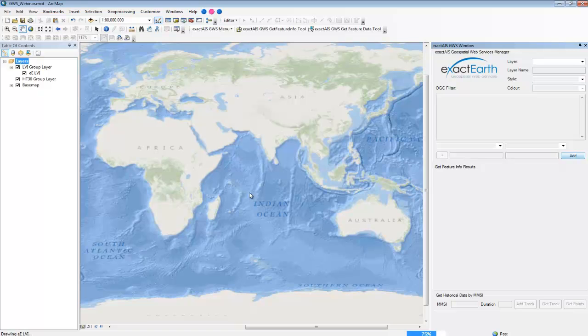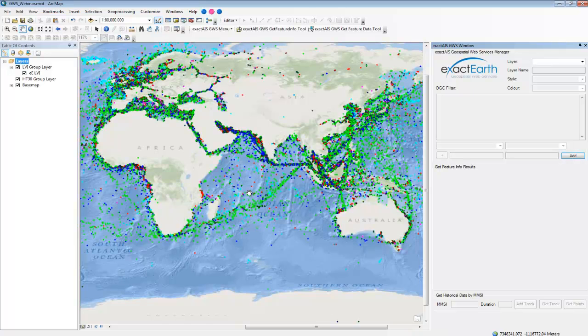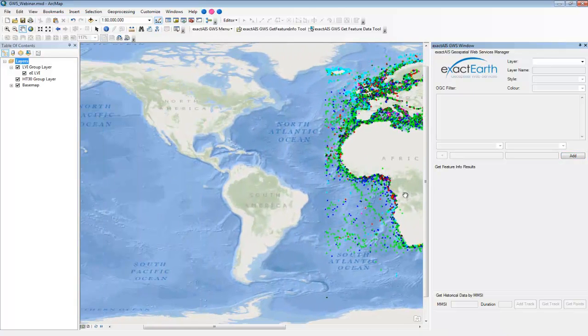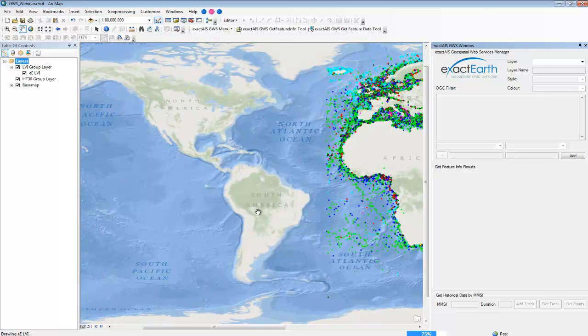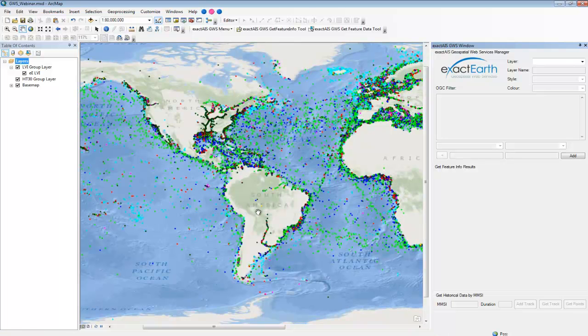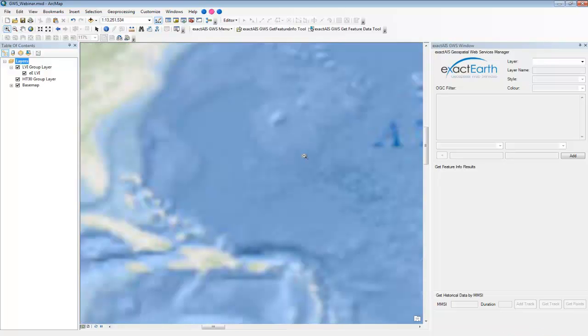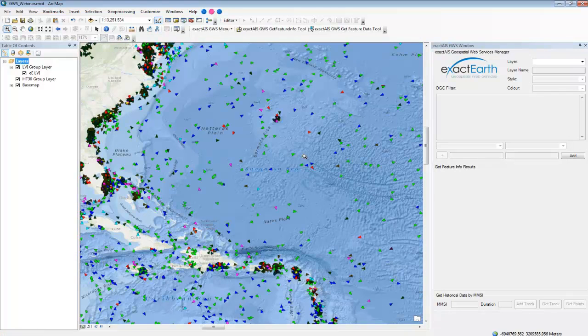As we're at a global extent right now, this is going to basically fill the map with all of our positions, and any pan or any movement that we make is simply a new request to our LVI layer service. Now we're going to zoom in, pan around, all making new requests. So each time this is pinging out to our server, and we're getting a return based on the area that we've selected. What we're going to do now is use the Get Feature Info tool, and we're going to click on some of these vessels in the window.